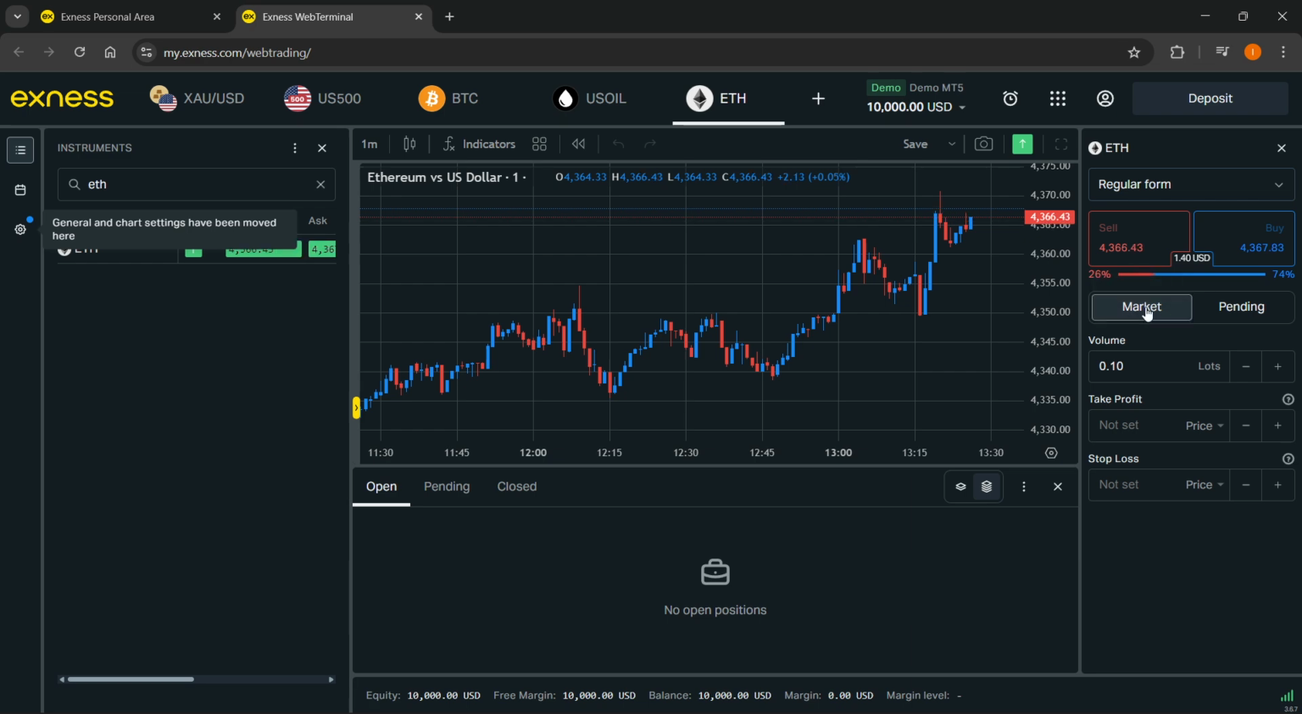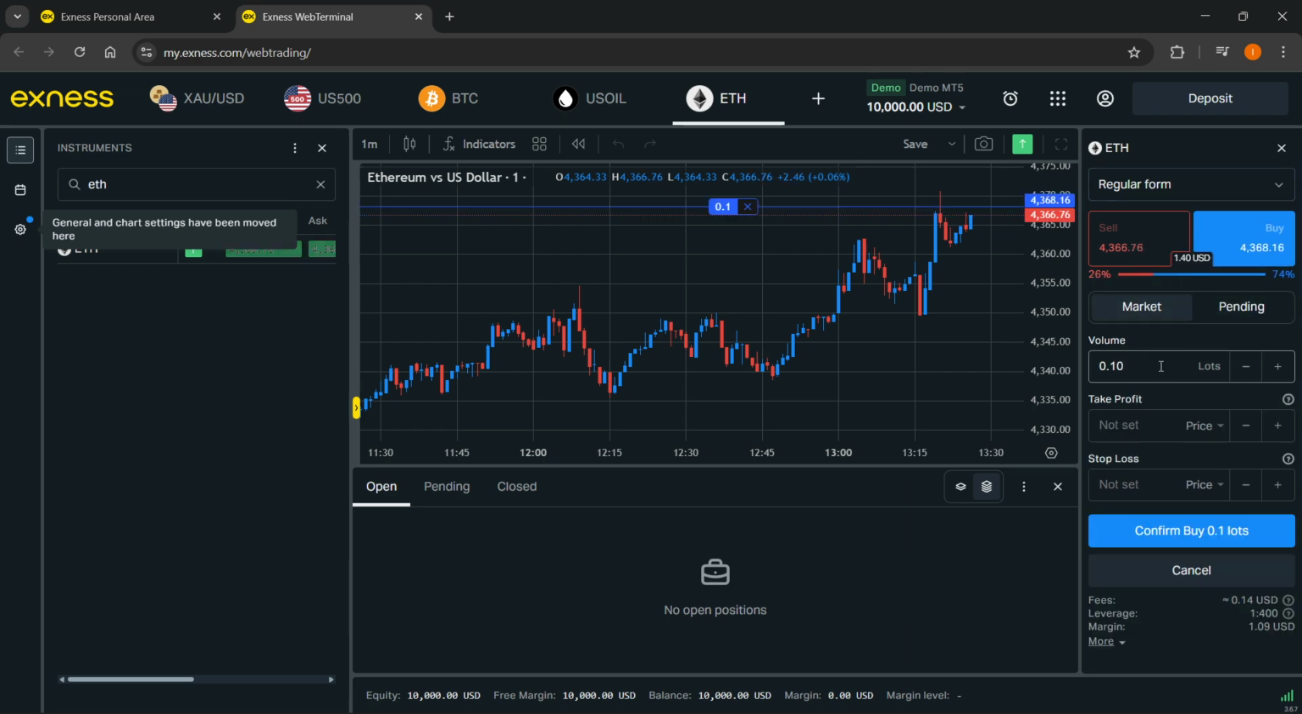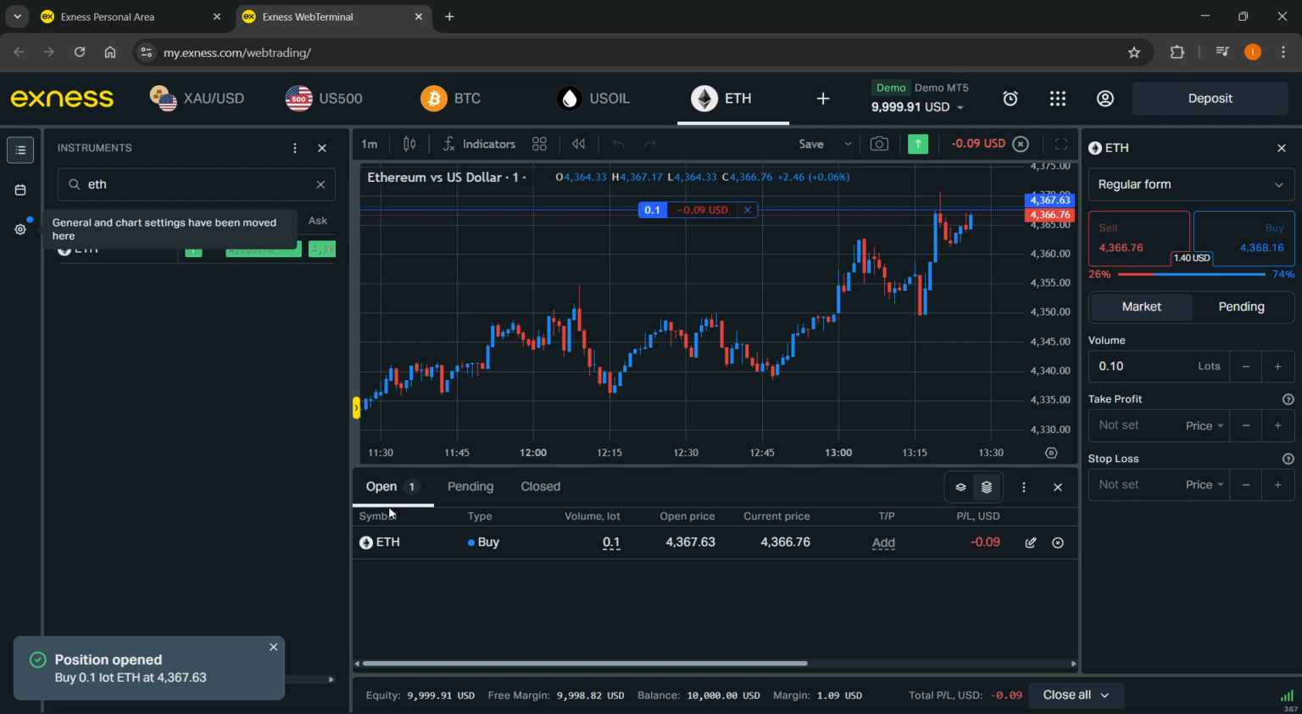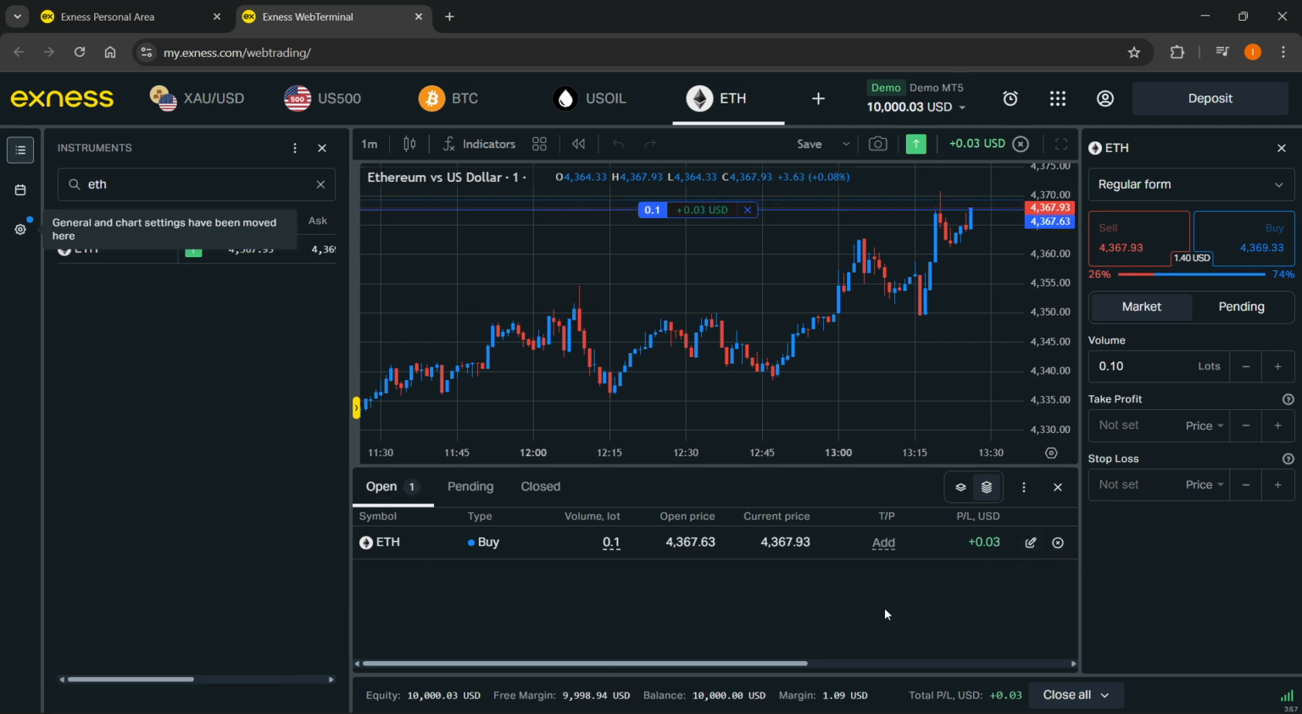And here you can select either a market or a pending order, where you can then put on the volume, take profits, stop losses, and then you can just go ahead and either sell or buy like this by clicking here. And there we go. Here's now your open position, which you can then modify or close. So that's how to trade on Exness Web